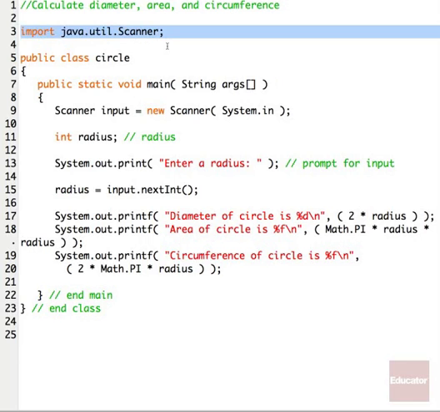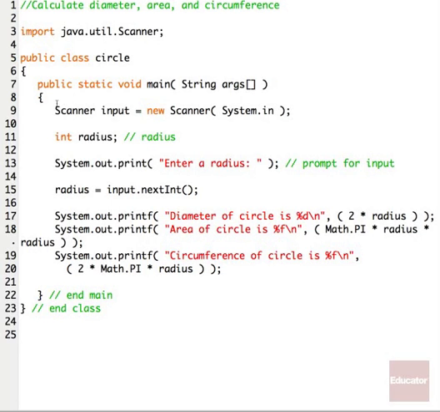java.util.Scanner, and so that is the imported class that we want to use throughout the program, so that's done right up front. Then we identify our public class. We're going to call this Circle. Then we have our all-important required public static void main statement to identify the arguments of our main class.